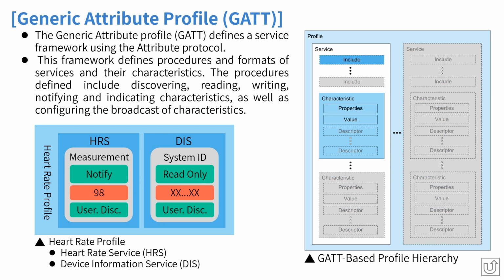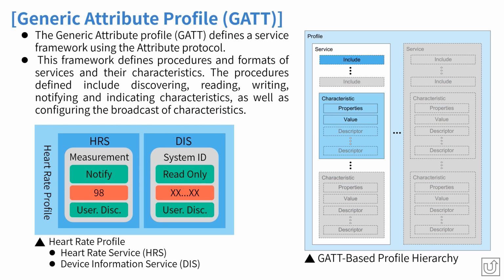The picture below is a profile example of heart rate. It includes a heart rate service and device information service. The heart rate service contains a measurement characteristic. 19.8 is the recorded measurement value. Notify is the property of this value, which means that the measurement value only can be notified to the client